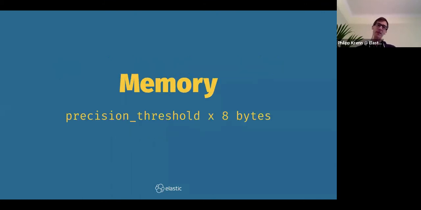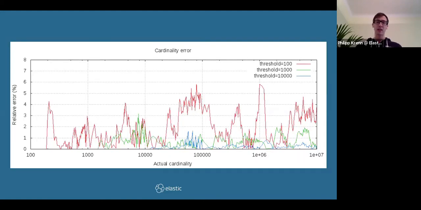Now, the nice thing about the precision threshold is that it translates directly into memory usage. You take the precision threshold times 8 bytes. That is how much memory you will need for that calculation. So you know upfront how much memory this calculation will need, and there's no chance that you accidentally blow up the heap. And here, this is from our documentation.